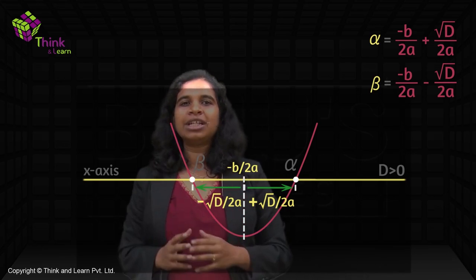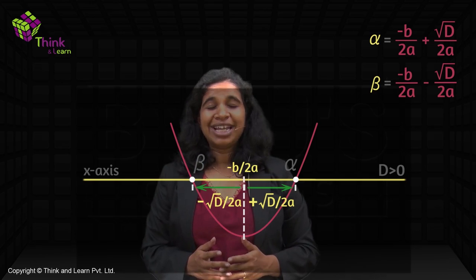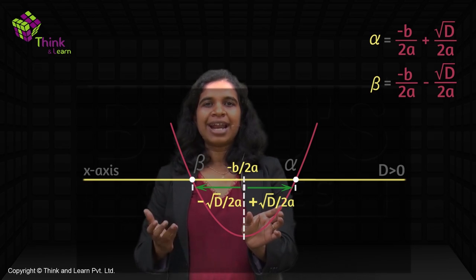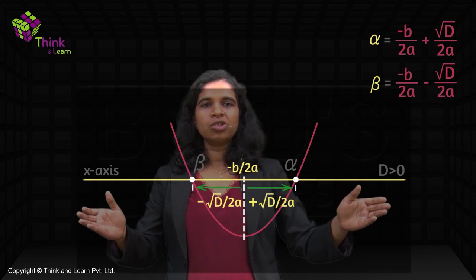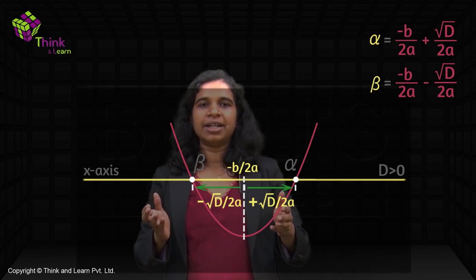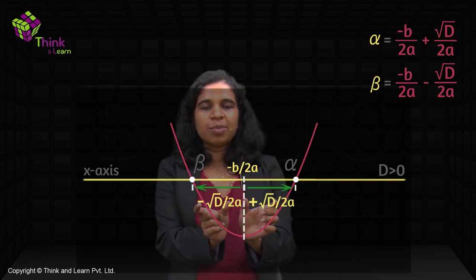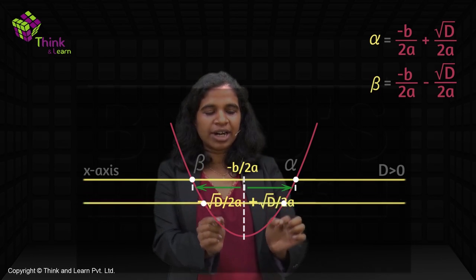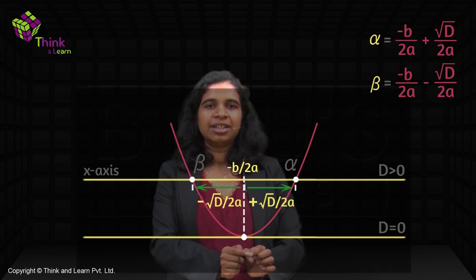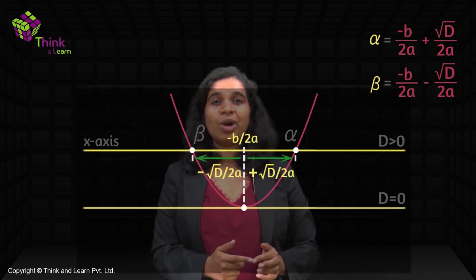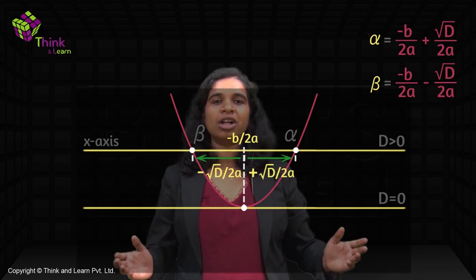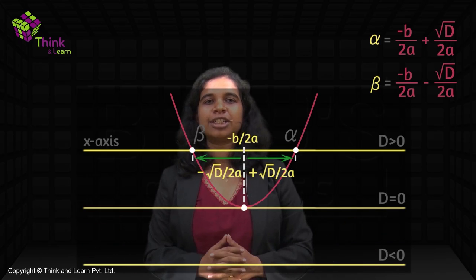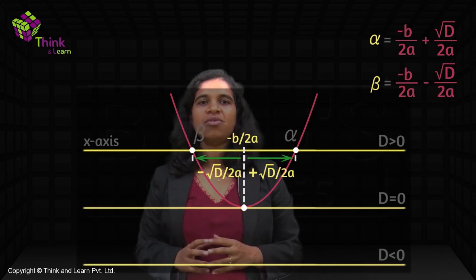Now it's very easy to understand why the graph is the way it is. If D is greater than 0, this is going to be an actual distance, right? So you will get two real roots. If it is an actual distance, you can add it and you can subtract it. If D is 0, this distance becomes 0. This distance becomes 0 means what? These 2 points will coincide with the vertex. That's why it comes down and it coincides with the vertex. When D is less than 0, the distance does not exist at all. That's why the x-axis goes below. So that's how you relate the graph to the formula.